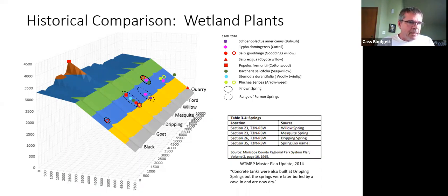plants that either need to have their roots in water all the time or something very close to that. And so I listed the plants that David Kyle found in 1968 that fall under that category, and I listed the plants that we found that fall under that category and plotted them on this graph paper. And